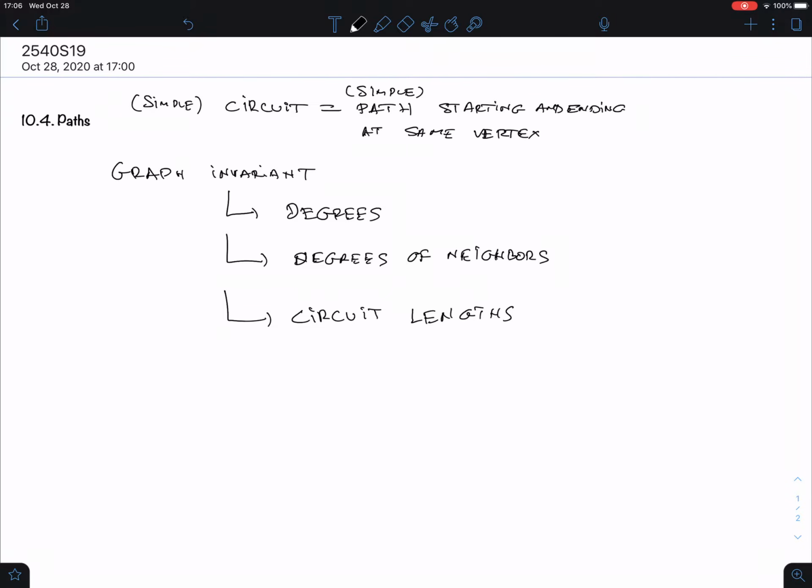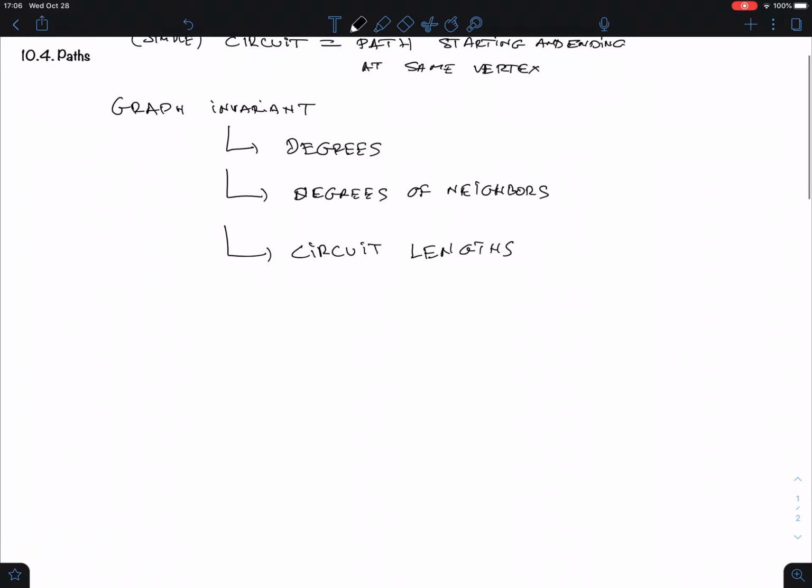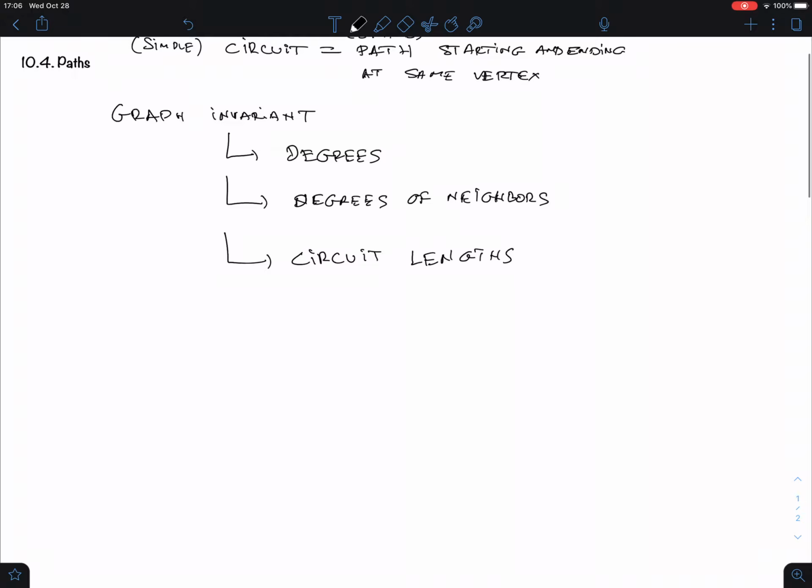Meaning that if two graphs are isomorphic, and I'll give an example in a sec, but let me just say it: if two graphs are isomorphic and one graph has a circuit of length 3, then the other graph must also have a circuit of length 3. And in fact,